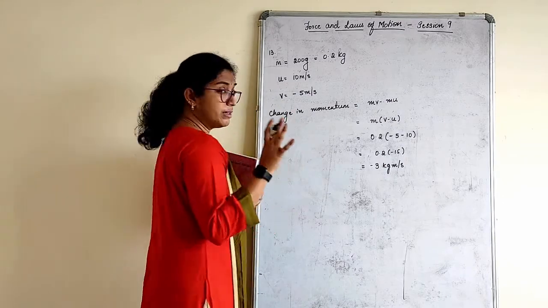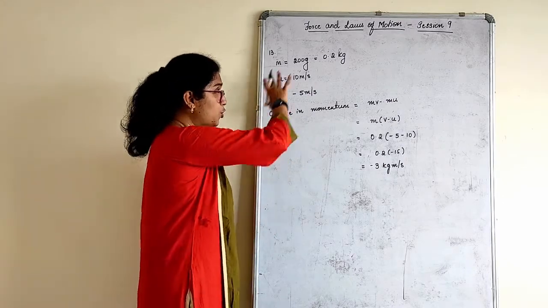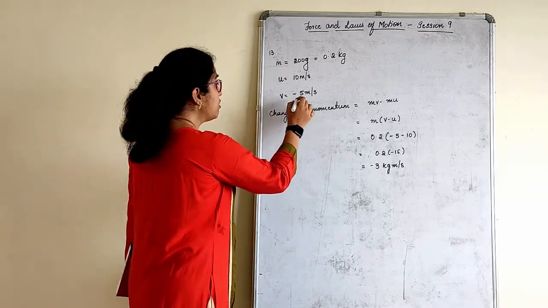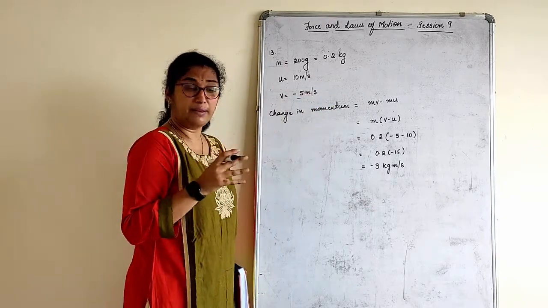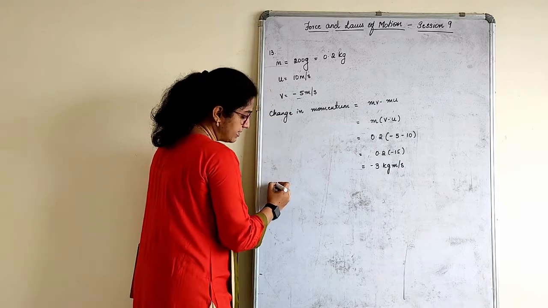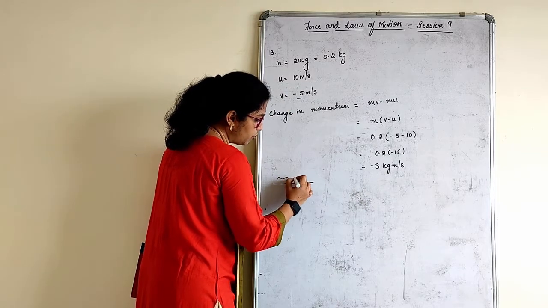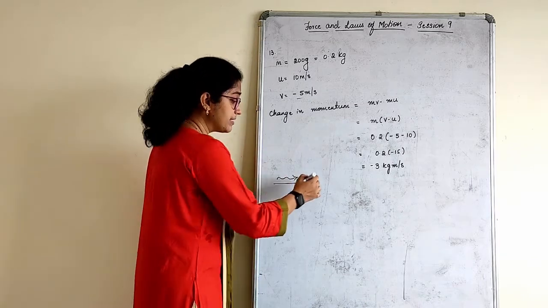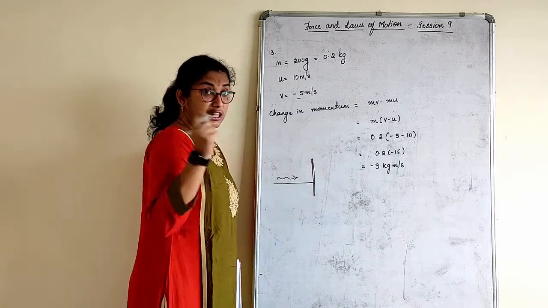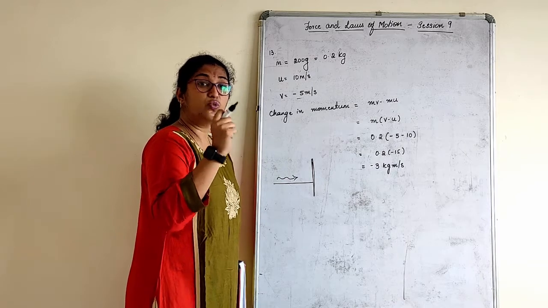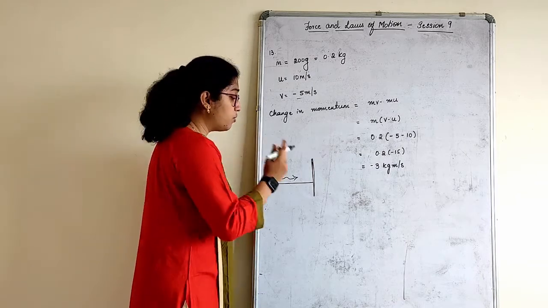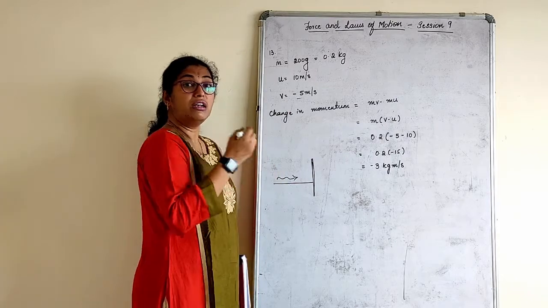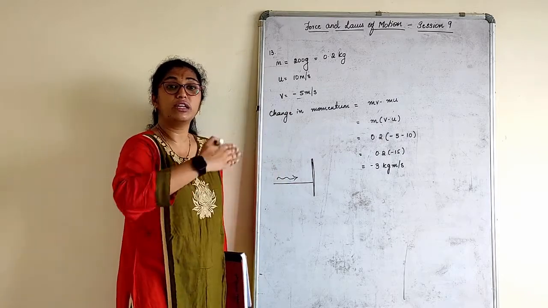One more important concept I have to tell you. In this sum or any other sum we have done till now, sometimes we take it as minus. Why? Just imagine, this is a hockey ball going in this direction with a velocity of 10 meters per second. The hockey stick struck here. Once the hockey stick struck, its velocity decreases and the ball tries to return to its original path.